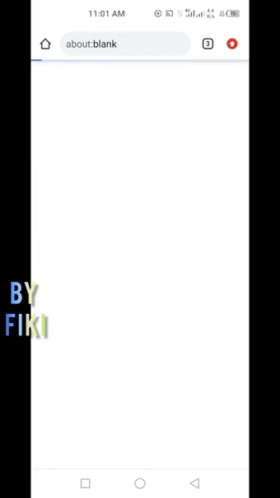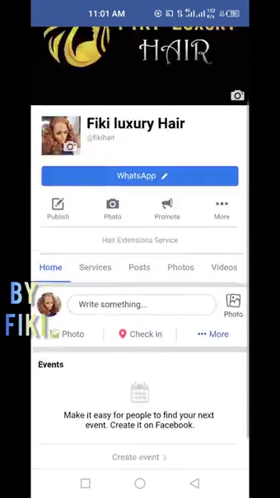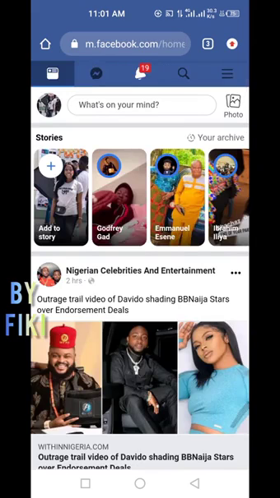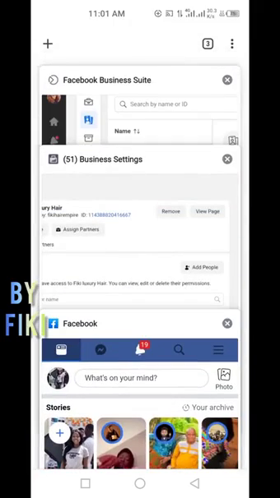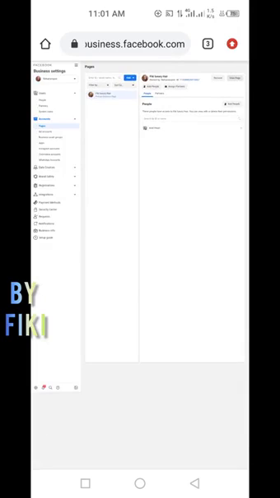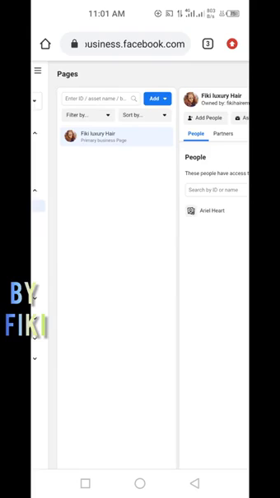So I've clicked on view page so that you guys will see the page. You see, this is actually my page. I can actually remove the page if I want to, and put another page if I want to, right? So this is the page I'm actually managing right now, and this is me, which is Area Hearts, managing this page. Like I said, if you want to manage numerous pages,